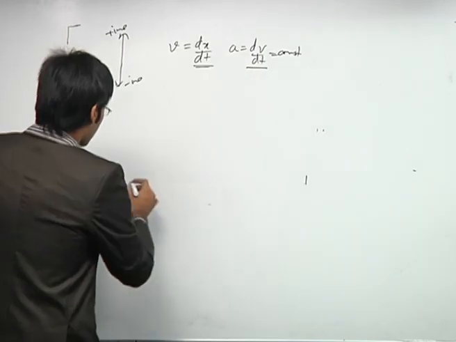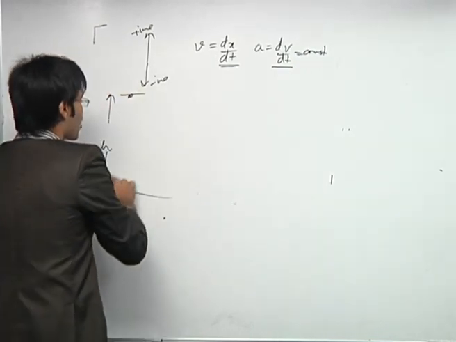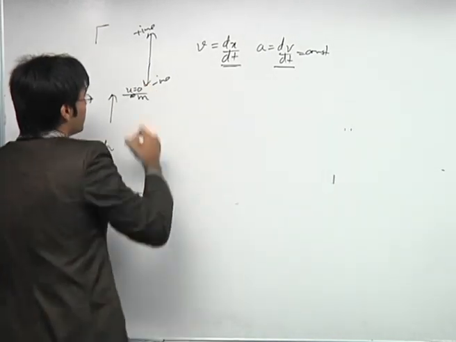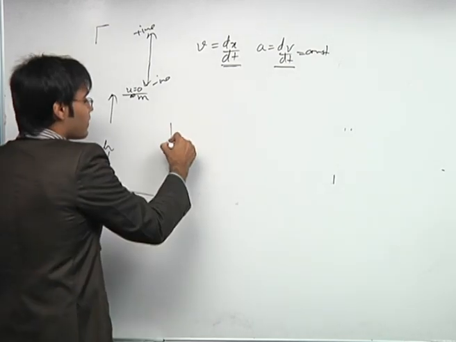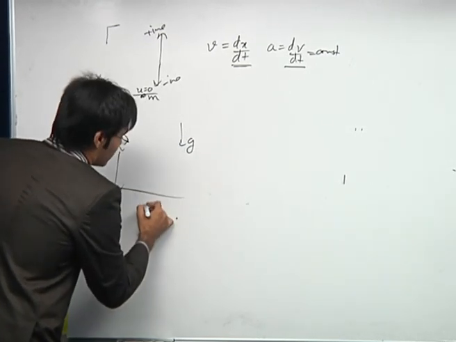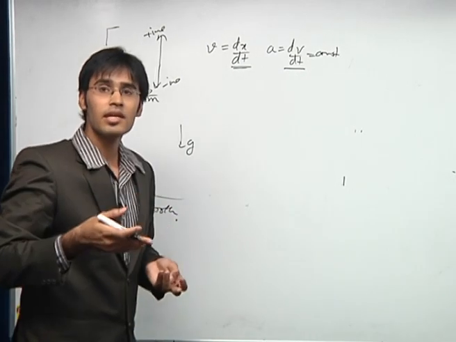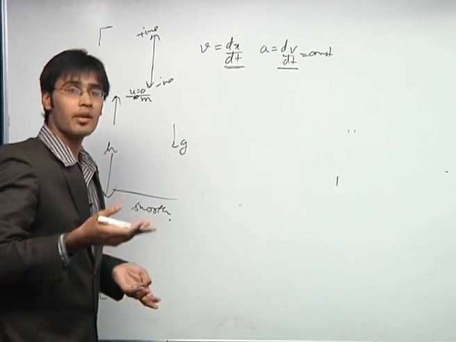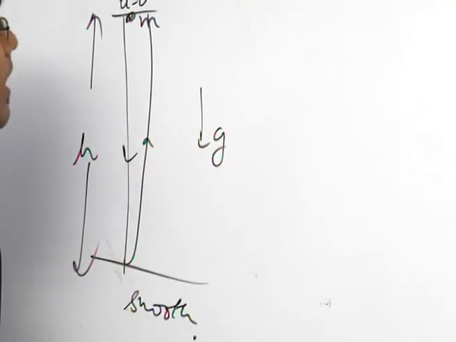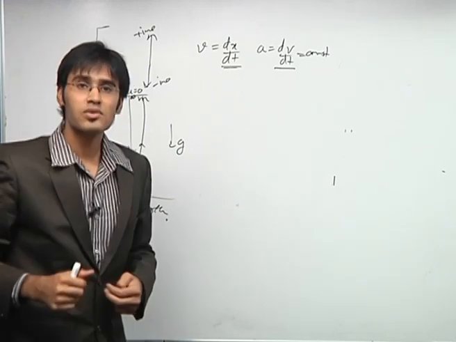Let's say from a height h, I am dropping a ball with initial velocity 0. Under the action of gravity it will gain velocity, and let's say the bottommost point is smooth. Therefore after rebounding, its velocity will change direction, but the speed will remain the same. So it will come down and then go back up to the same height. It's basically another rectilinear problem, and we would like to draw again x versus t, v versus t,